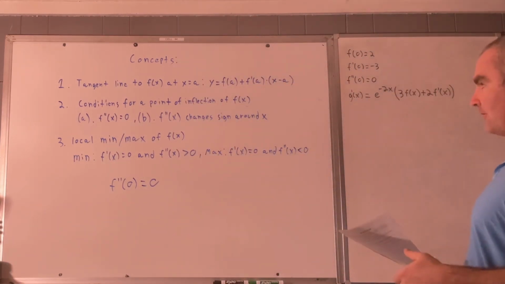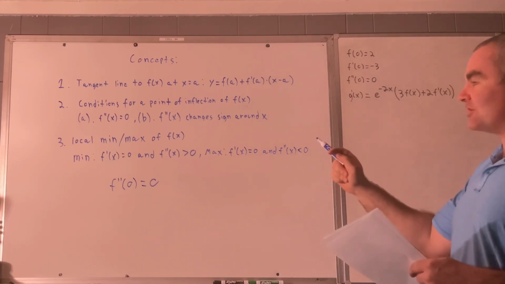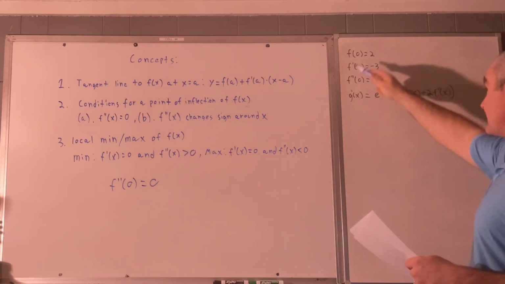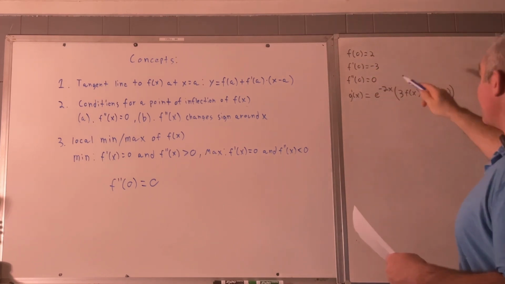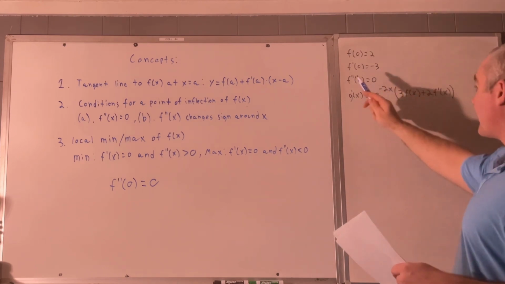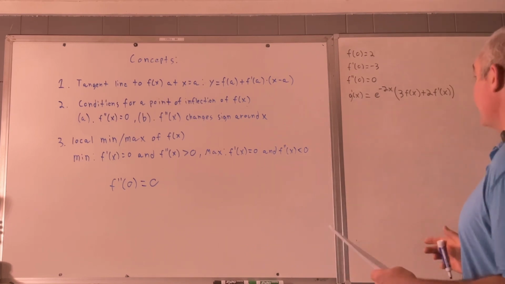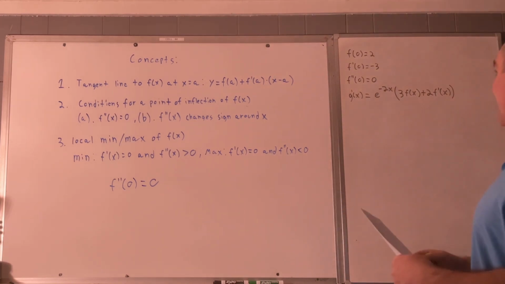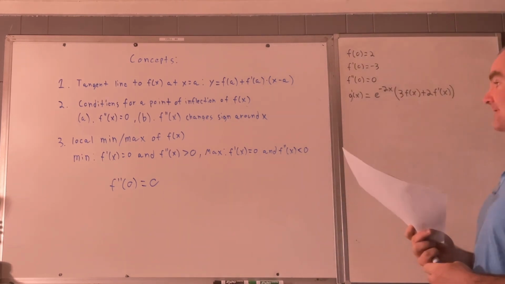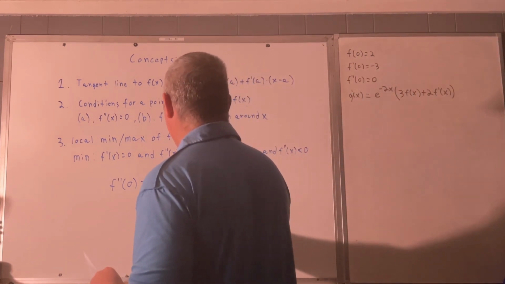Now, is there sufficient information to determine whether or not f double prime changes sign at x is equal to 0? There isn't. This is literally all the information it gives us. It only gives us f double prime at 0. It does not give us f double prime at any other values, nor does it give us a true expression for f in order to find f double prime so we could determine whether or not it changes sign at 0. So, no. The answer to that would be no,